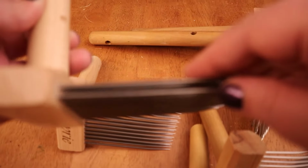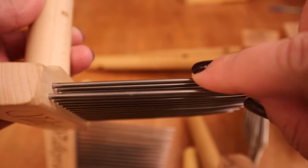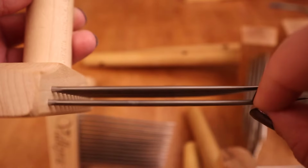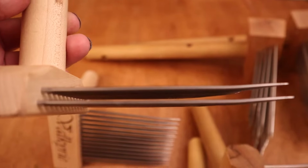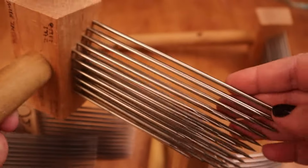Combs come in various configurations to serve different purposes. The number of rows of tines are called a pitch. So you can find single pitch, two pitch, or more. I have to enunciate pitch very carefully. There can also be variation in the spacing between the tines, how close they are to each other within each